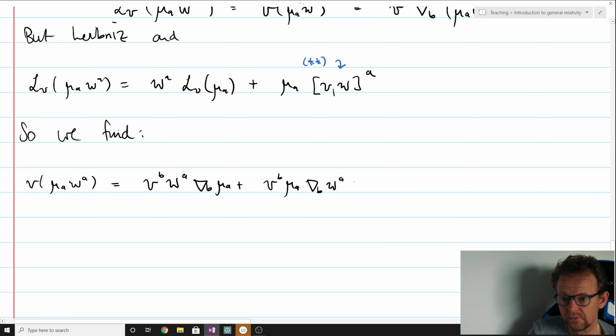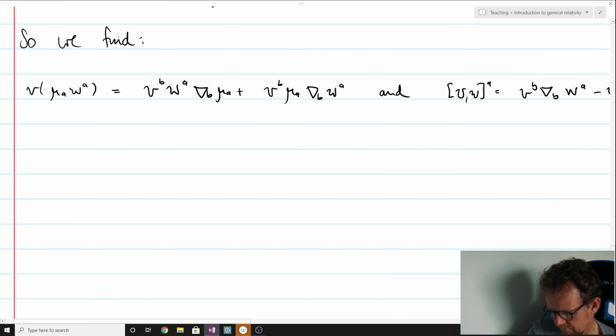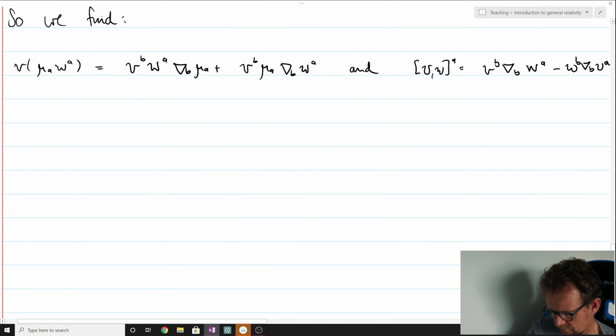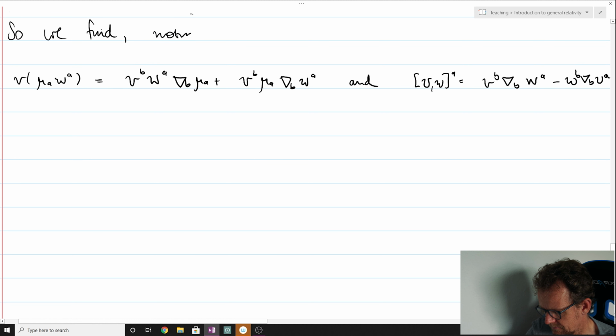Using the Leibniz property of the covariant derivative, we've got two kinds of derivative operators here. And also note that the commutator of V and W, the a-th component, also has another expression in terms of covariant derivative operators that we derived. So we find, noting these two formulae,